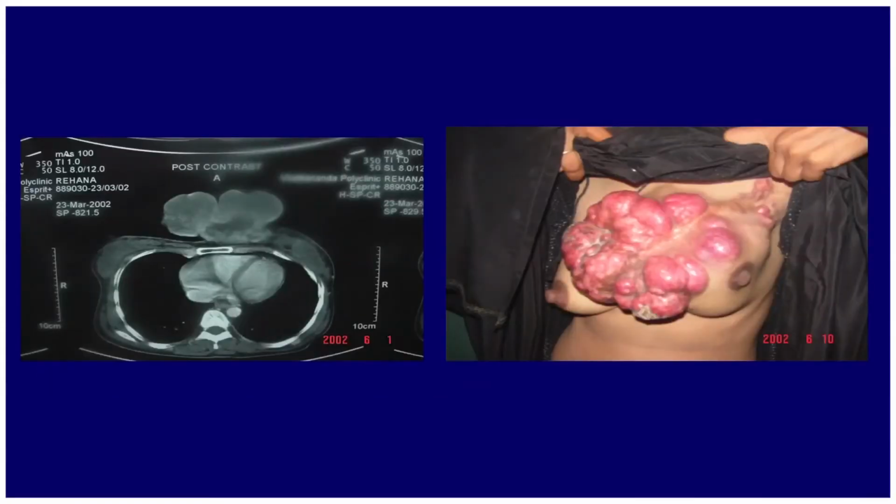And when we examine the lady, you find this is a very unusual mass-like structure over the sternum. So what I am trying to say, many times in chest X-ray, we as chest physicians are faced with the problem of shadow coming from outside the lung and causing shadow in the chest X-ray, creating a lot of